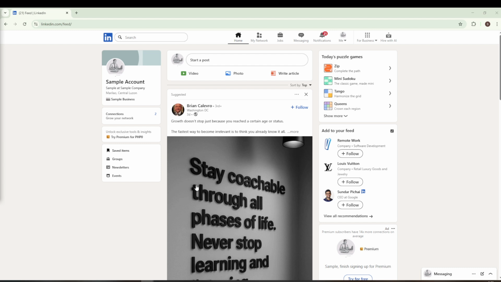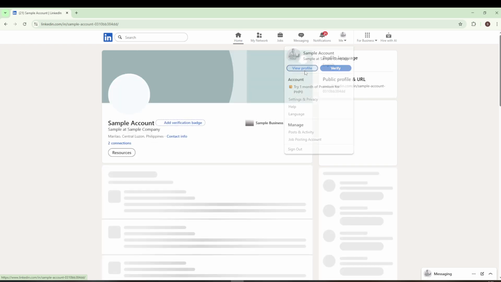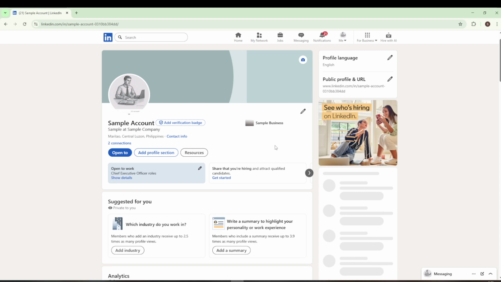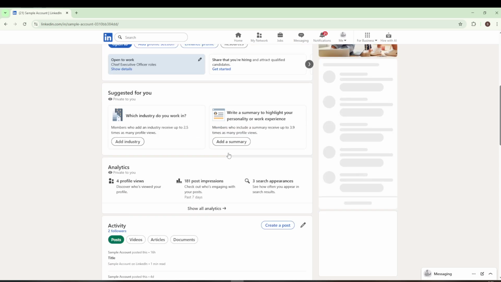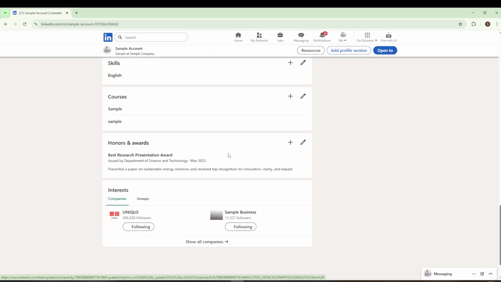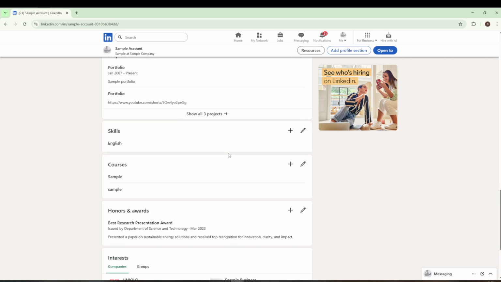Start on the LinkedIn homepage after you've signed in. From there, go to your profile by clicking your profile photo or the profile menu at the top. This takes you to the public-facing view of your profile where all your sections are displayed. Take a moment to scroll down until you find the section labeled Licenses and Certifications. It's usually located below your experience and education, but the exact position can vary depending on how your profile is